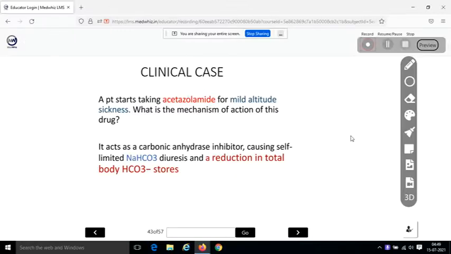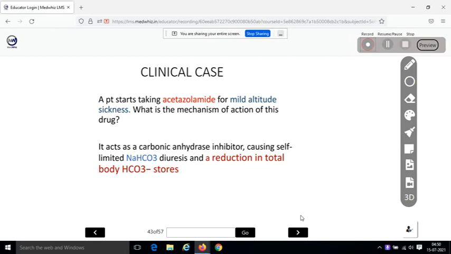So let me start with a clinical case on carbonic anhydrase inhibitors. A patient started taking acetazolamide for mild altitude sickness. What is the mechanism of action of this drug? It acts as a carbonic anhydrase inhibitor, as you know, and it causes sodium bicarbonate diuresis and a reduction in